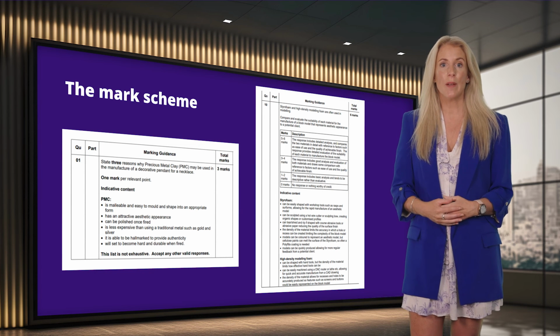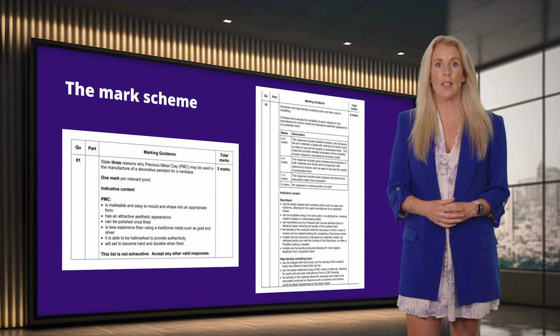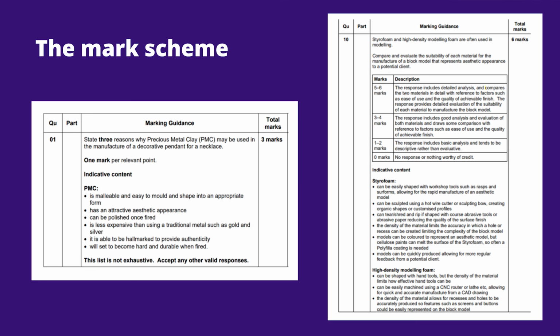We're going to look at 2 examples of mark schemes that we use in design and technology at both GCSE and A-level. Here we have a points-based mark scheme. Marks are given for correct points made by a student. Correct answers are clearly defined, and each correct answer directly corresponds to a mark in the mark scheme. Next, we have a level of response mark scheme, and these are broken down into different levels,